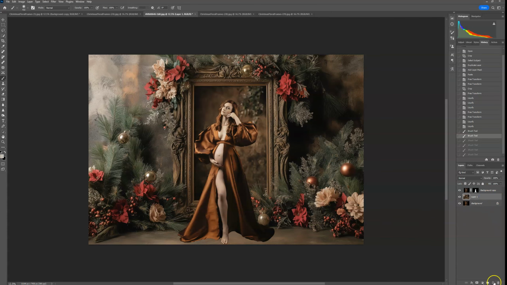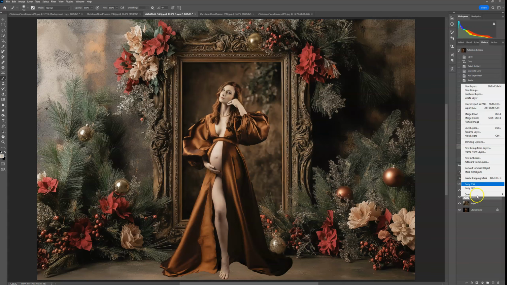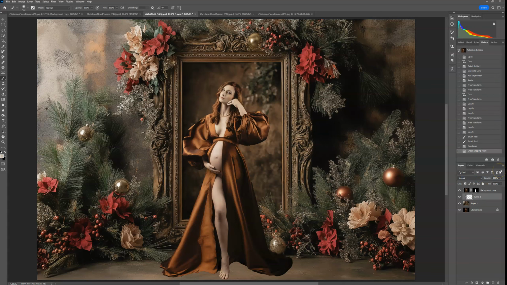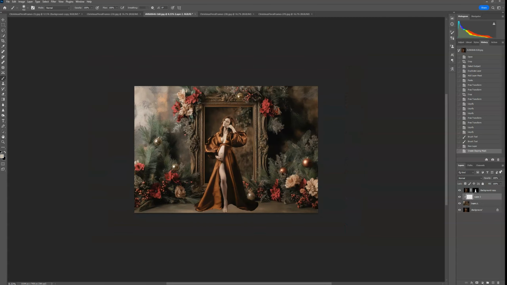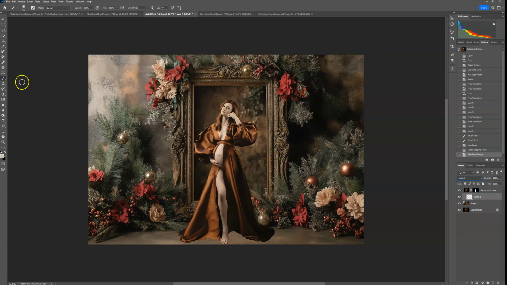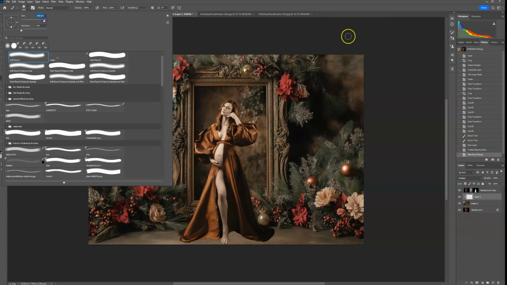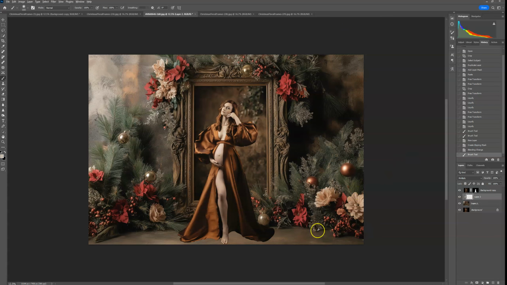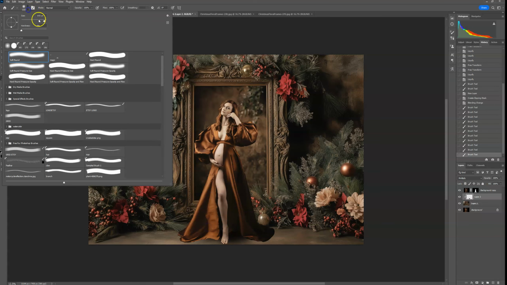So I'm going to create a layer above the digital and create a clipping mask here. Right click and create clipping mask. It's going to be on multiply blending mode. I grab a brush at 100% opacity, and then I'm going to select a dark part of the floor. Hold down Alt on my keyboard for my dropper. Select a dark part on the floor. And then paint in